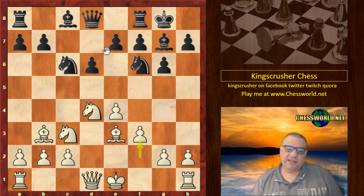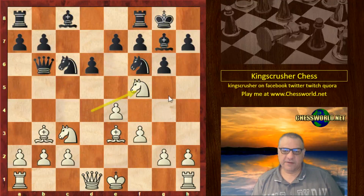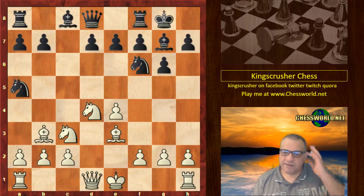And it's because it's very different now. Any queen b6, I think it's very different. Knight f5. That's good for white. So anyway, knight a5 was played,